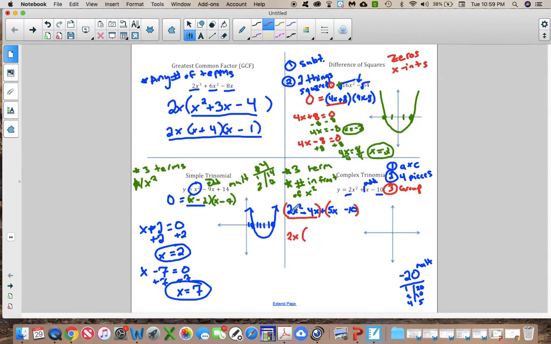If I take 2x out of this part, I'll have an x left over, and if I take a 2x out of here, I'll have minus 2. And then out of the second piece, I can pull a 5 out. So let's do 5, and left over is x minus 2. And at this point, I know that I did it right because